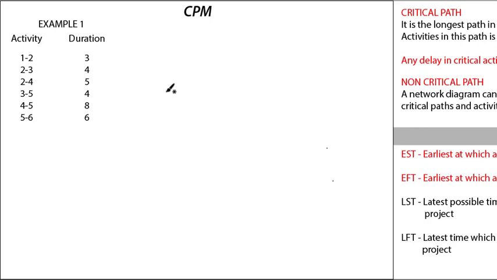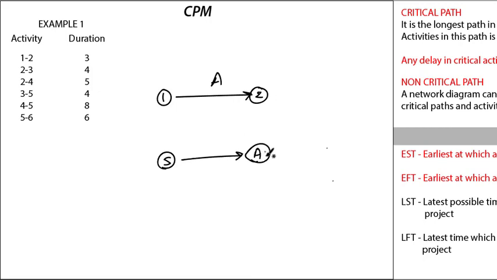So here I have an example, and for this example I will be drawing two network diagrams, that is activity on arrow and activity on node. Okay, so you should get the basic difference between both of them, right? So here I have an activity 1 to 2, 2 to 3, 2 to 4, 3 to 5, 4 to 5, 5 to 6. So the basic difference between on arrow and on node is, on arrow it's something like this, with the nodes numbered, and on activity on node the nodes are the activity. Okay, so that's the basic difference between both of them.